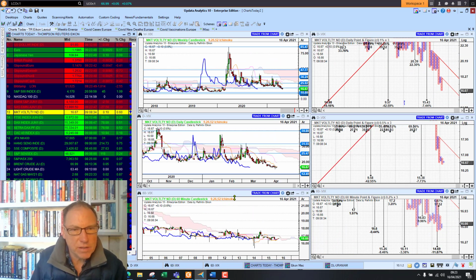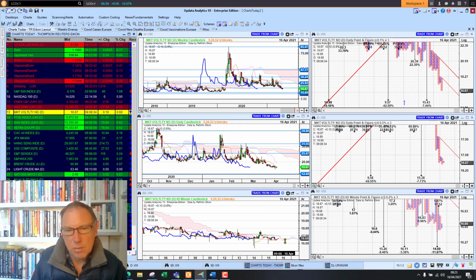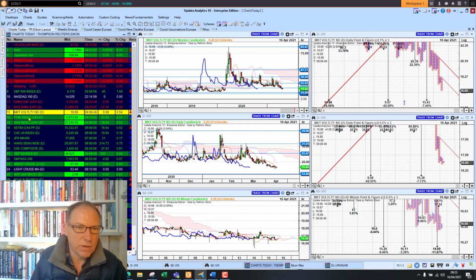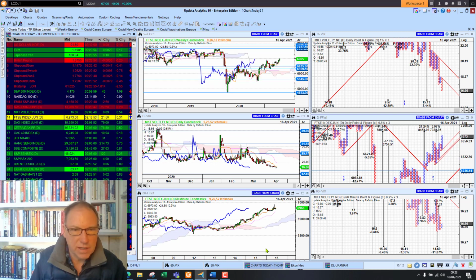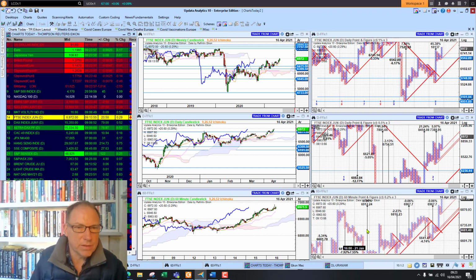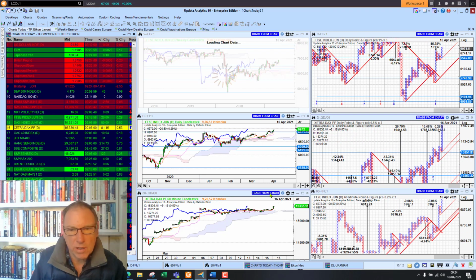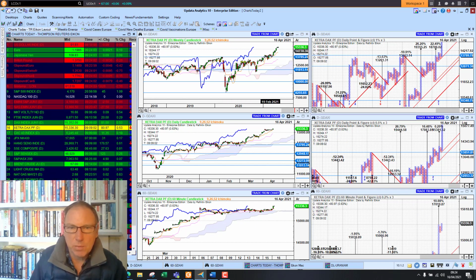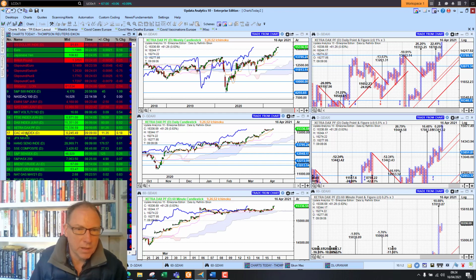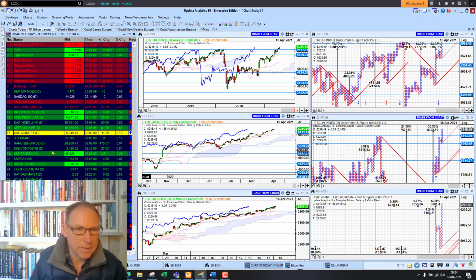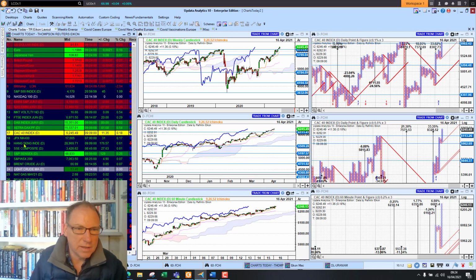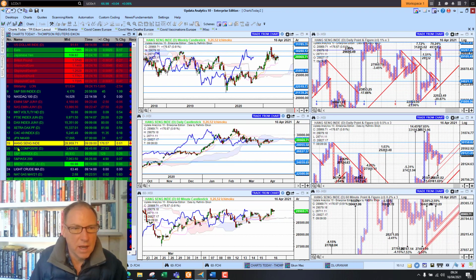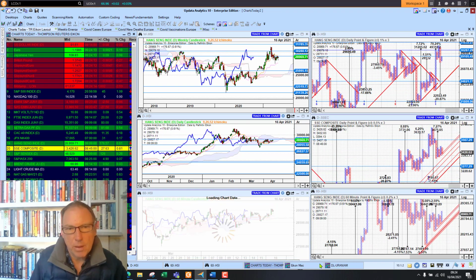Looking at the VIX volatility, up slightly but still below the 17 level. The market is not fearful, and the FTSE index up 0.3% this morning. The DAX cash market in Germany up 0.5%, having broken that new high, just pushing higher all the time, week by week. And the CAC 40 also higher. Japan was up slightly. The Hang Seng was up 0.6%, and the Chinese market up 0.8%.